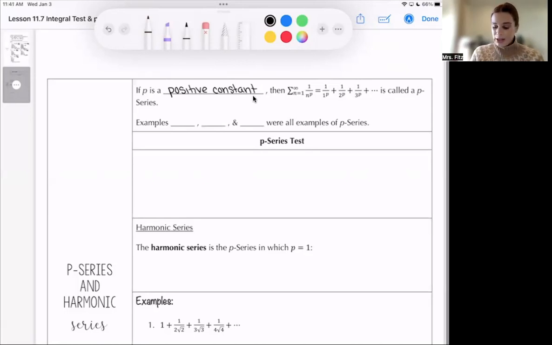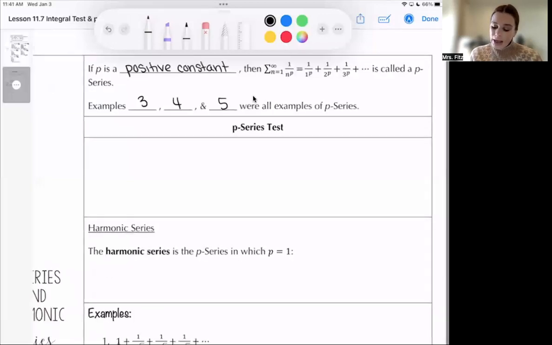So in examples 3, 4, and 5, those ones that I circled are all p-series. Okay, so here's our p-series test. If you have a p-series, which is of the form the sum from n equals 1 to infinity of 1 over n to the p, well, guess what? If